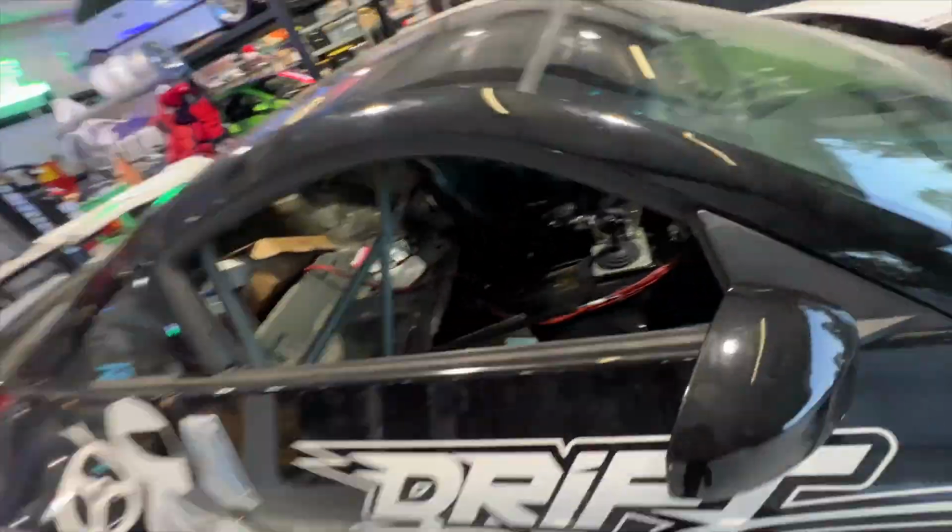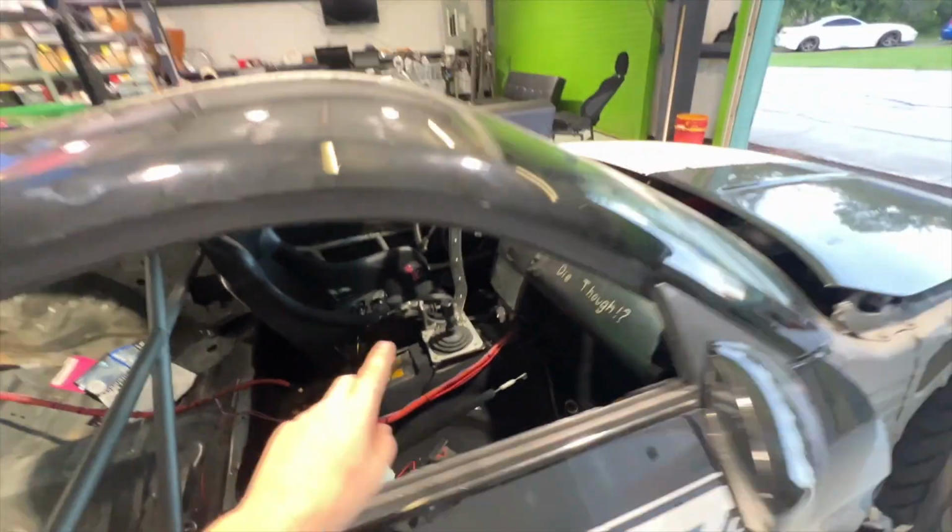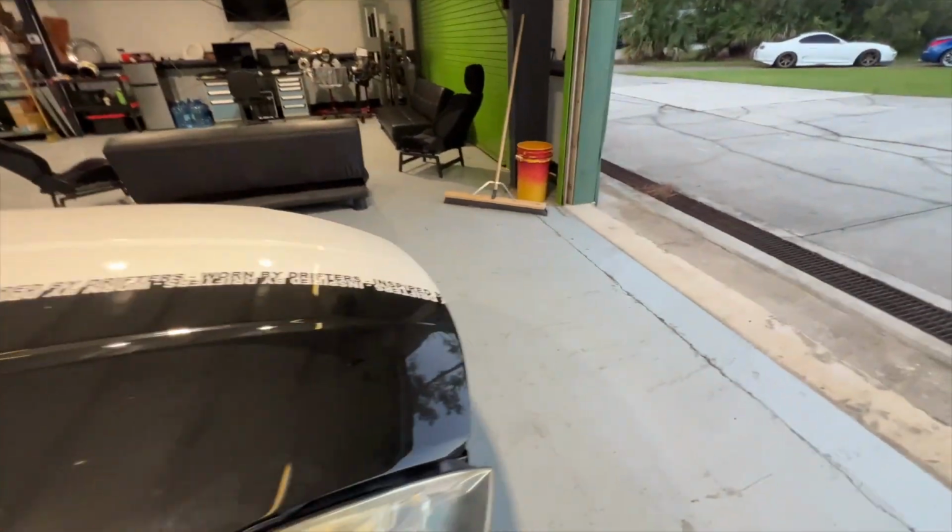And we have been making great progress on it. Sean is just gonna wire in the window switch so that we have windows. We got door panels, seat, everything. And under here,